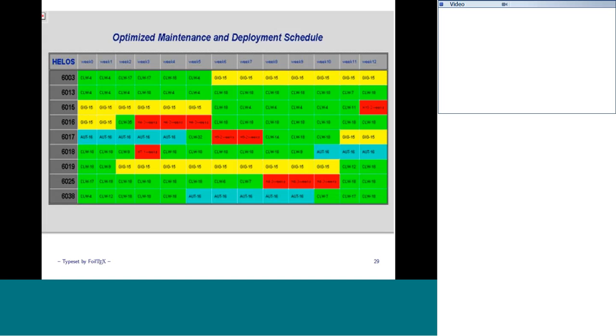For example, in the upper left-hand corner, week 0 is the initial condition for helicopter 6003. The idea is it was in Clearwater during that week for a certain amount of time, and so those were the number of hours, and so we somehow had 4 there. 4 hours of flight.